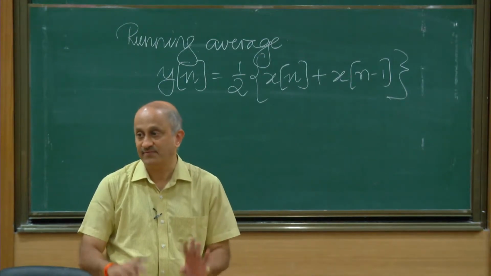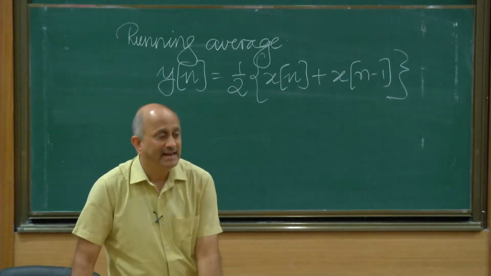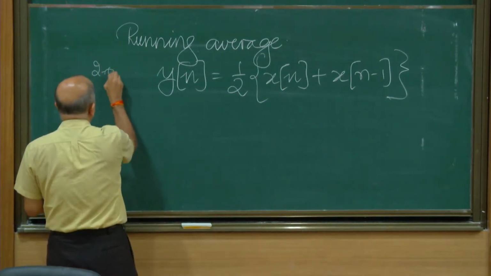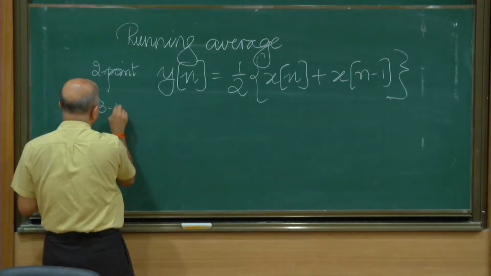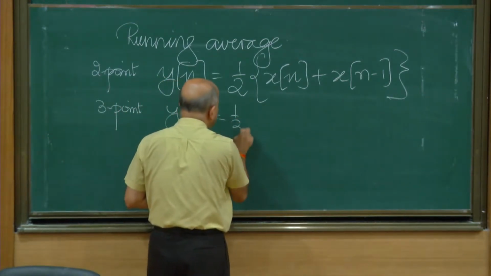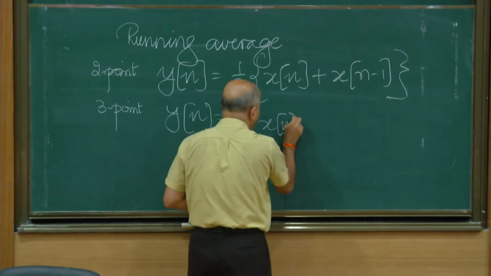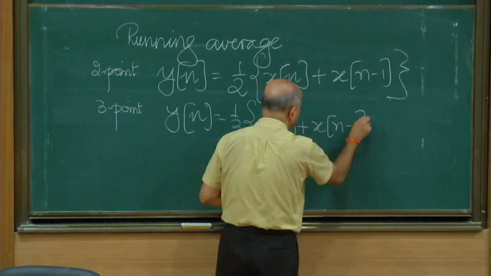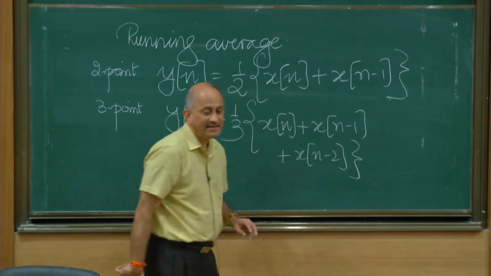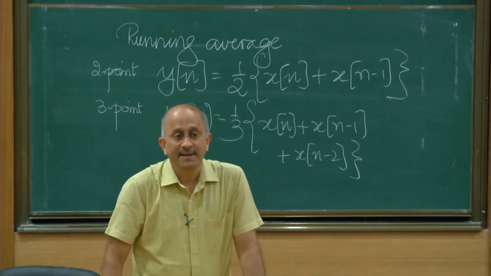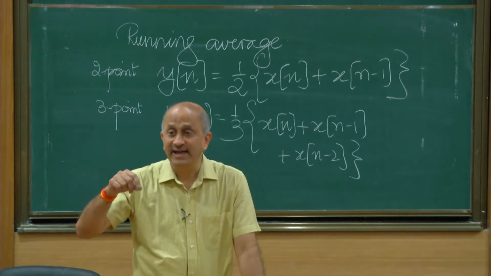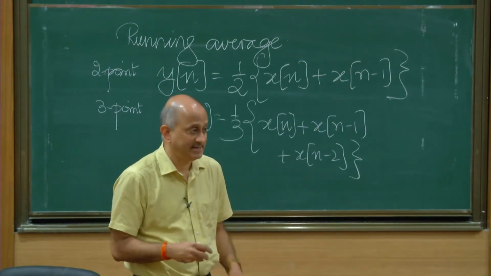So we understand this averaging system very well, right? In fact, you can have a more complicated average. This is a running average of 2 points, a 2-point average. You could have a running average of 3 points, so y of n is 1 by 3 times x of n plus x of n minus 1 and x of n minus 2. And you could then generalize this to a running average of n points. Of course, they would naturally have different properties. But now we wish to quantify, or characterize, these properties in a different sense.